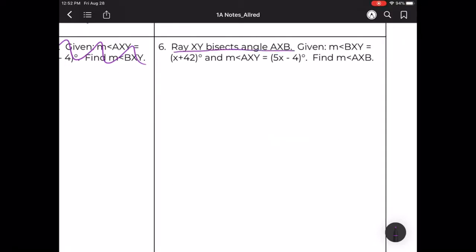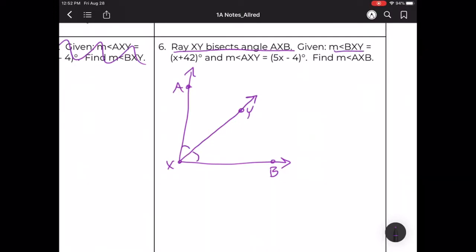So again, we're told ray XY bisects angle AXB. So we're going to draw that ourselves. It doesn't have to be perfectly straight lines, just try your best. So there's angle AXB. That is our whole amount. And so XY is our angle bisector, which creates congruent angles. We are given that the measure of angle BXY is the expression x plus 42. So BXY